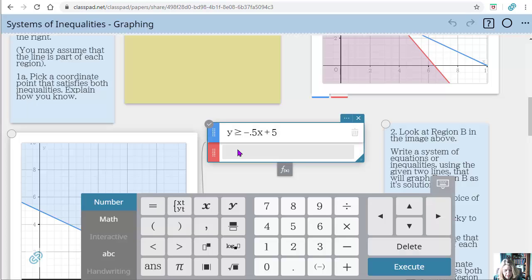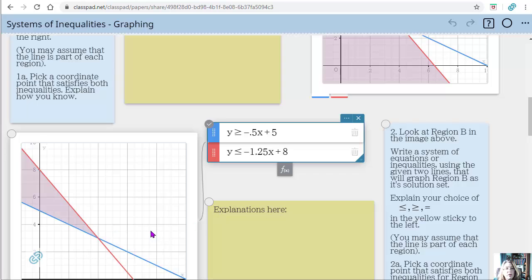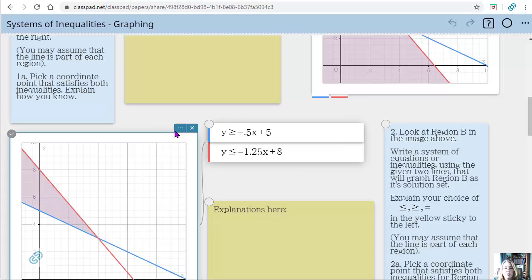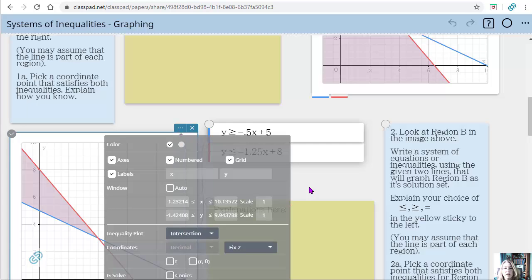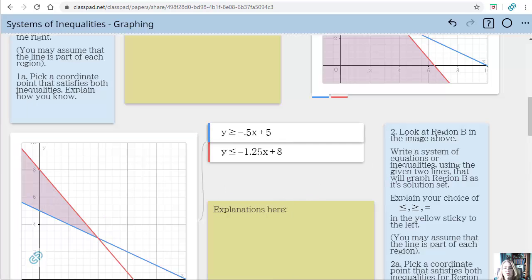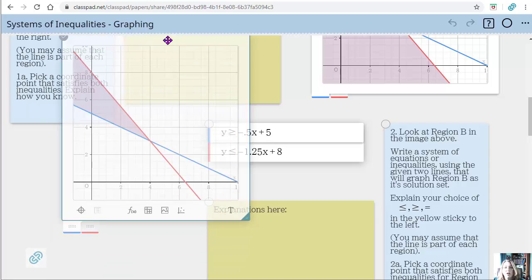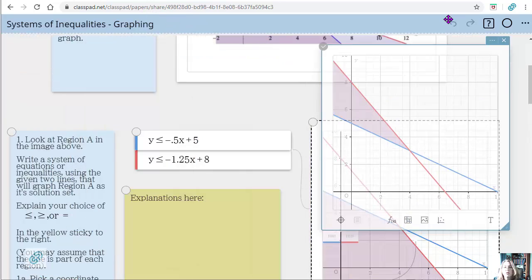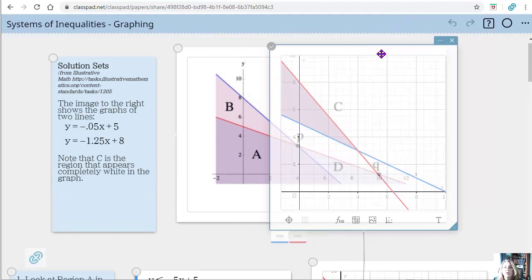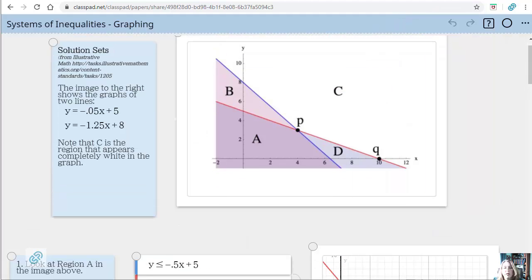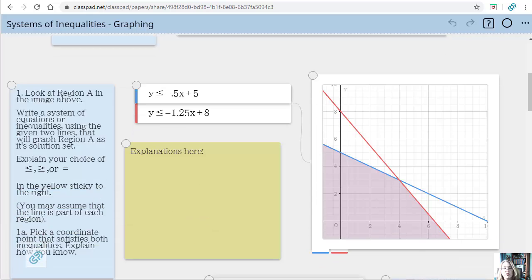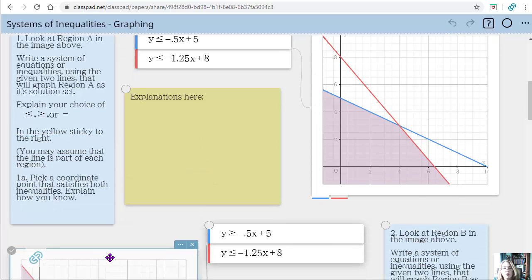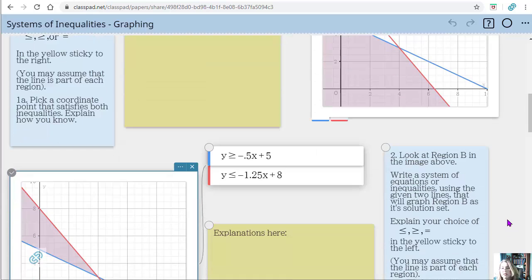So basically they have to determine what the region is. So when I hit this, it should give me, yeah, it gives me region B. So notice all the graphs are already set to just show the intersection. So I should just see that region B, and I can even move this graph up to verify that I actually have, whoops, region B, which I do. So you can see I have region B. So it's basically helping students understand what's greater than, what's less than, what does that actually mean?